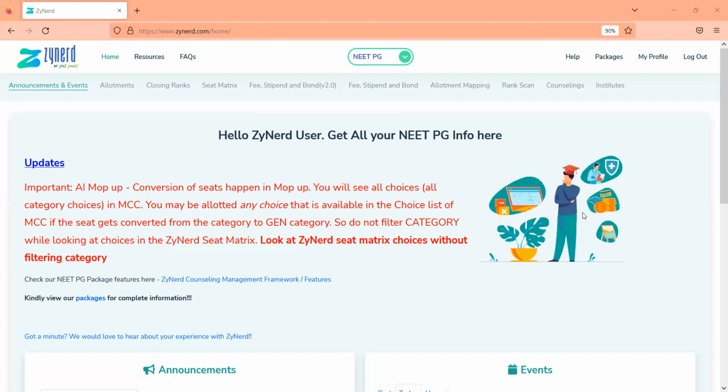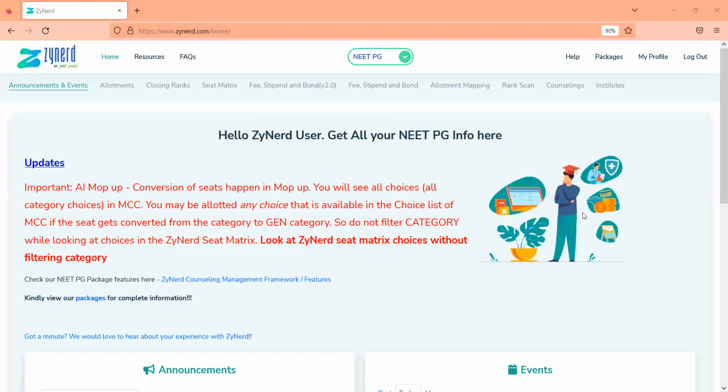So that is why even though you belong to a particular category, let us say you belong to EWS category, you would see all PWD seats of SC, ST, Gen, etc. And you will also see all seats of SC, ST, EWS, etc. The only category where conversion doesn't happen is from OBC to UR. The rest all seats you will be able to see, and if you're an OBC candidate, you will see every